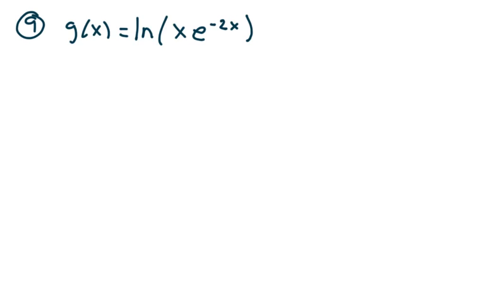There are other ways to attack this, but I'm going to teach this particular problem this way. So we're going to apply the chain rule. So if I want g prime of x,